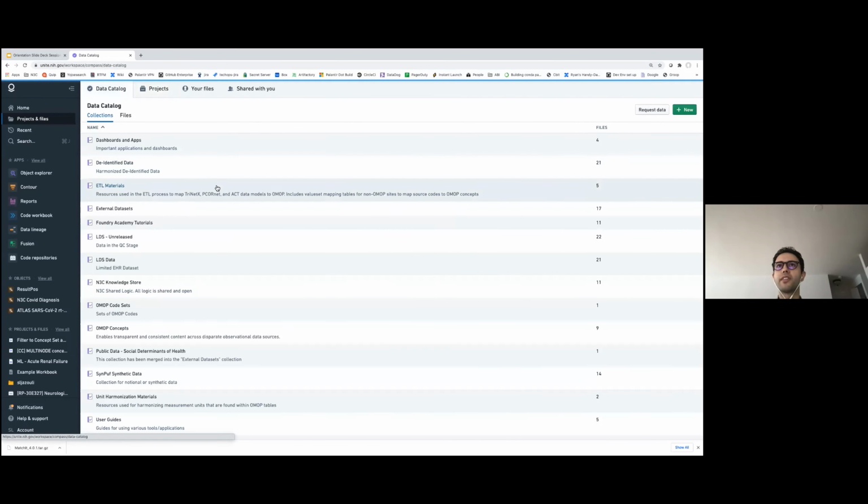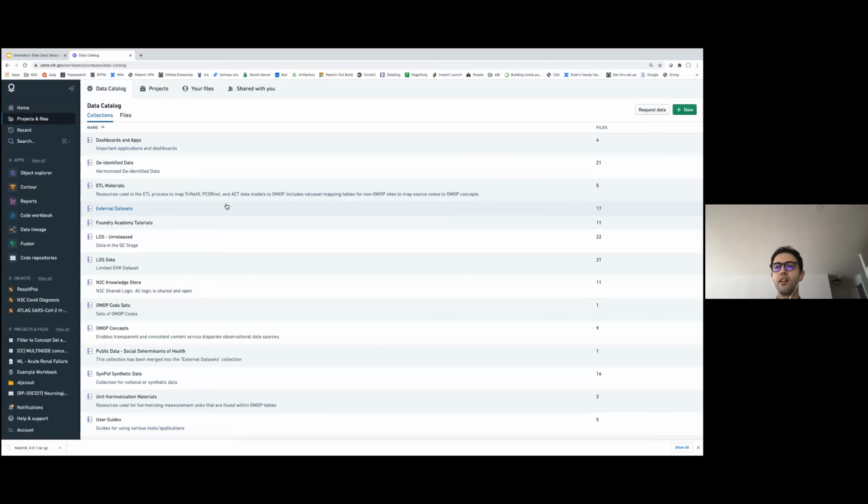There is also the data catalog, which is essentially a collection of files, apps, and resources that are the most used within the enclave and that are shared.